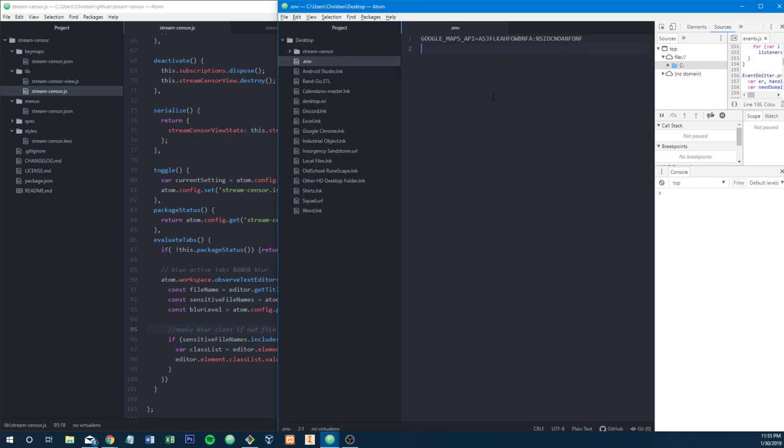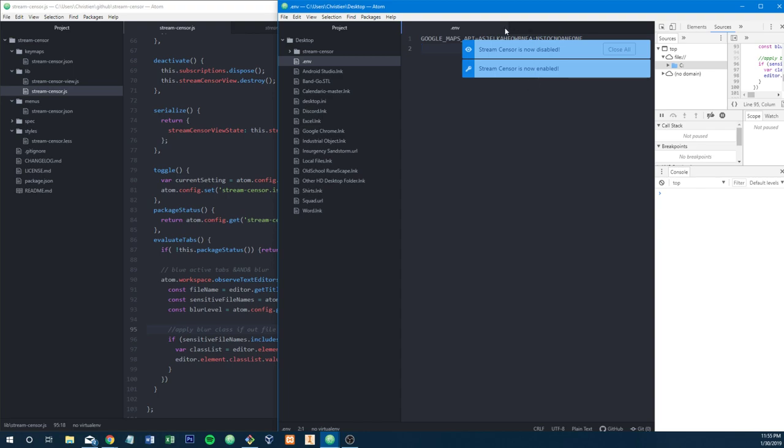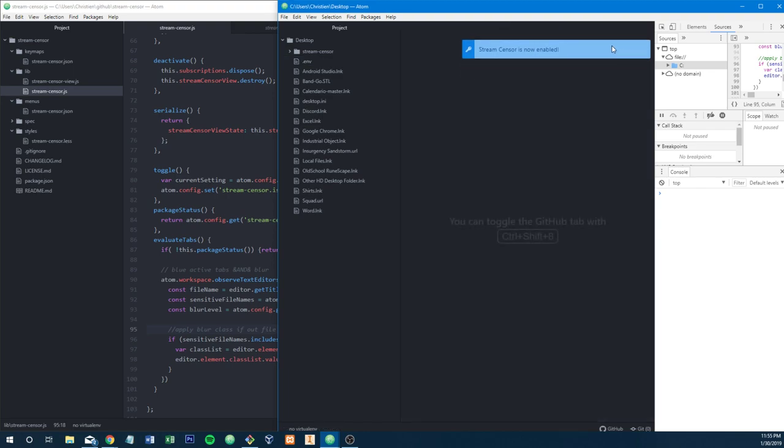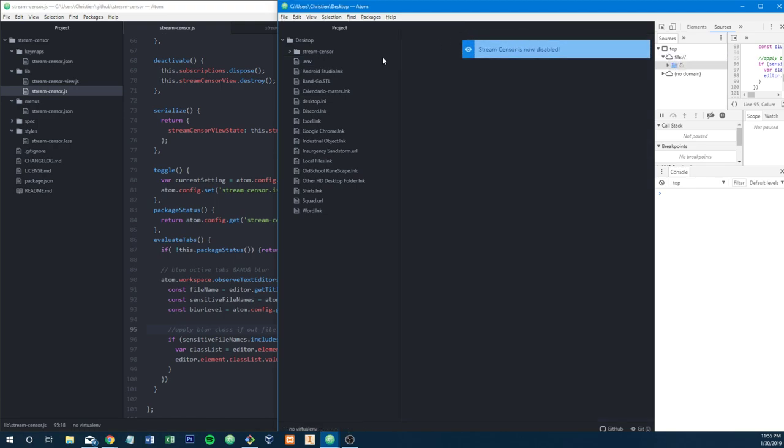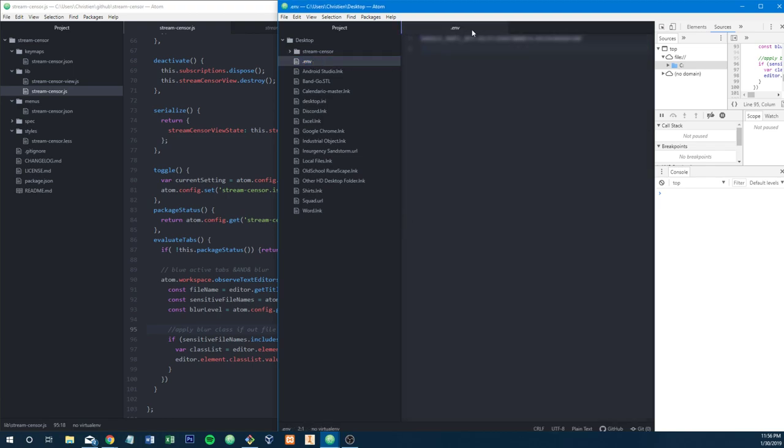Oh, I pressed the wrong thing. Okay, so we're disabled now, and then we want to enable it, and so we're enabled, and we're going to open up the file. Oh wow, you guys can't read that, I bet, but I know that the dollar signs are right there, I can clearly see it on my monitor. But the problem is now if I press Ctrl-Alt-O and turn it off, my file's still blurred. And the only way for me to cure that is to close it and open it back up. I thought, oh no, because we call it on the did open thing. We call it